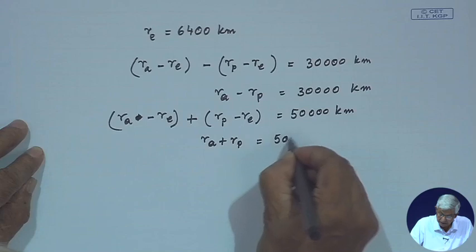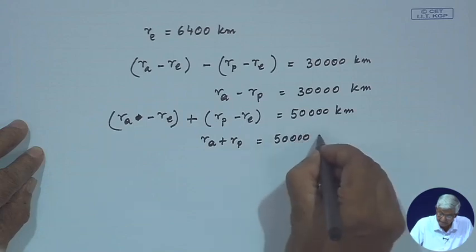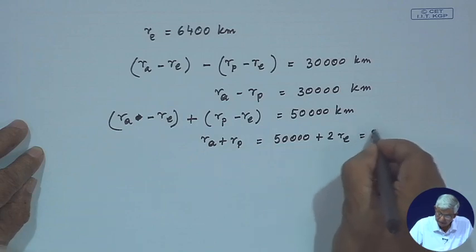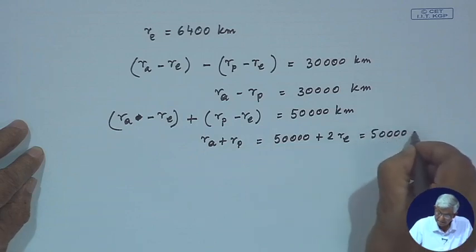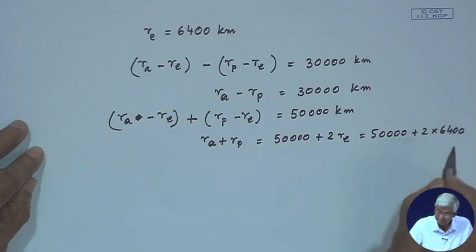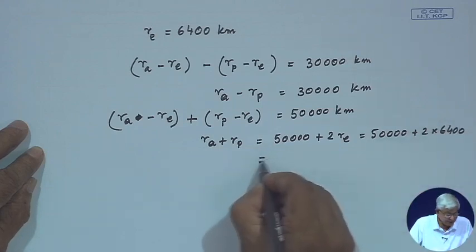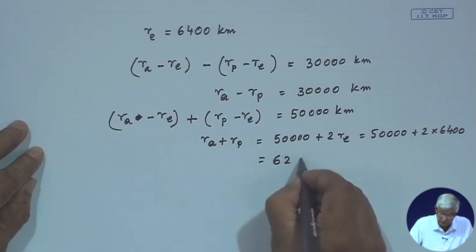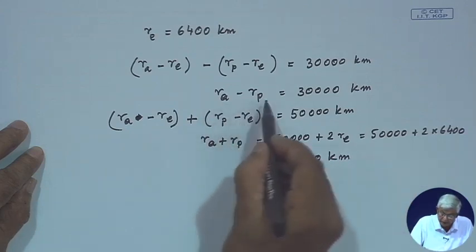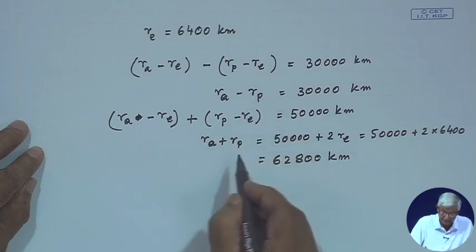So, it is 50,000 plus 2 times 6400, that will become 62800 kilometer. So, now we have R_A minus R_P and R_A plus R_P,